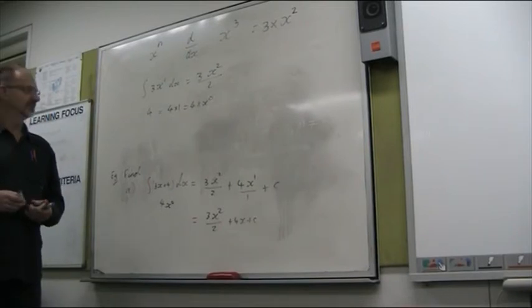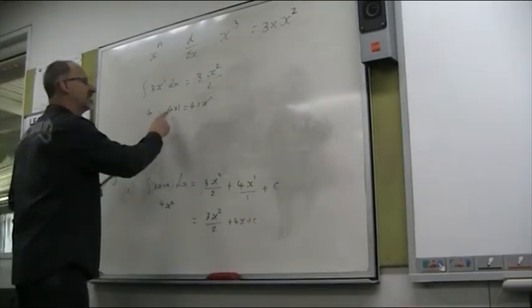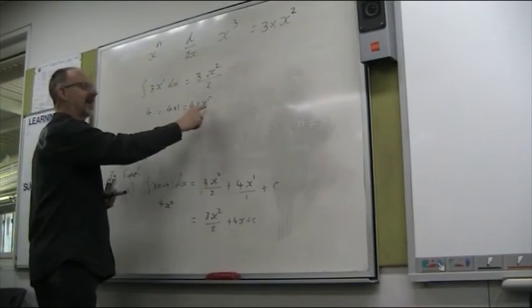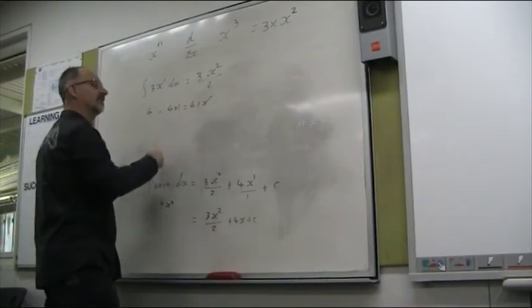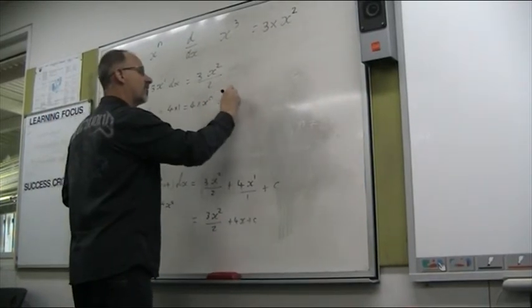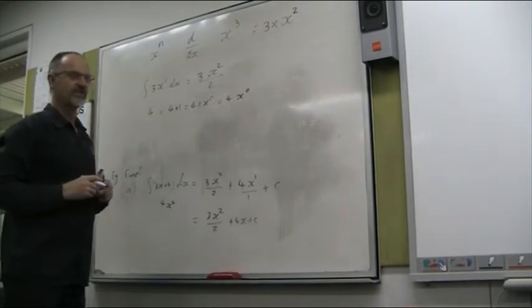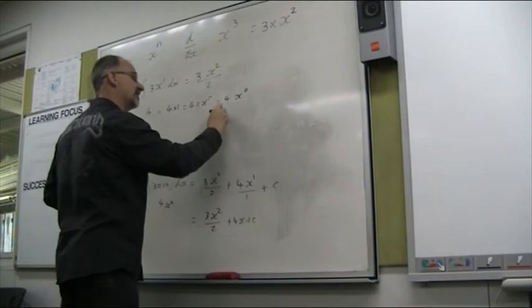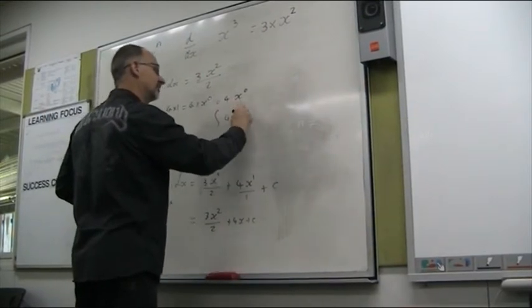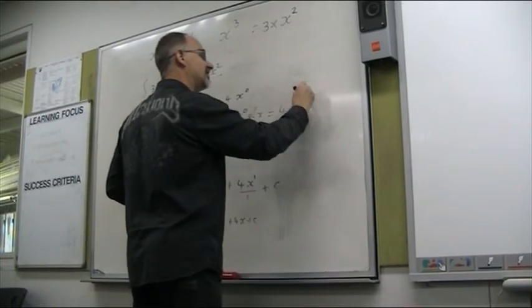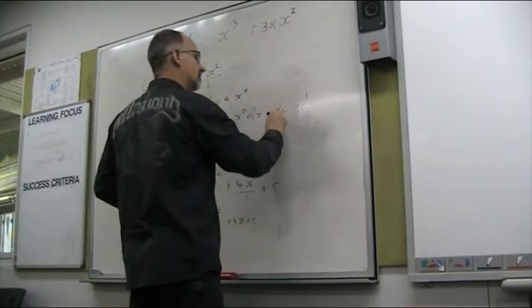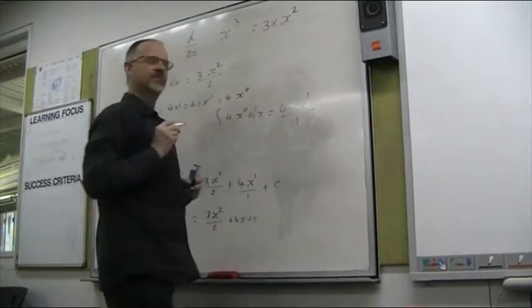Explain the 4 in this one. 4 is 4 times 1. Yes, anything to the 0 is 1. So this 4 could be thought of as 4 times x to the 0. So when I anti-differentiate 4x to the 0, leave the 4 there, the x, I increase the power by 1, divide by the new power,